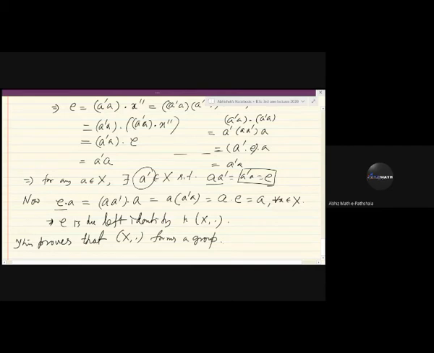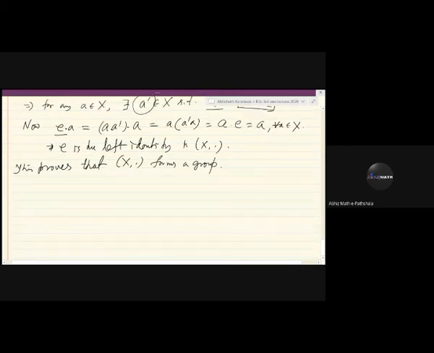So during the proof, you have seen that associativity played the key role to get this result. Okay, and also a remark is that if you observe the proof minutely, you will see one thing, that suppose